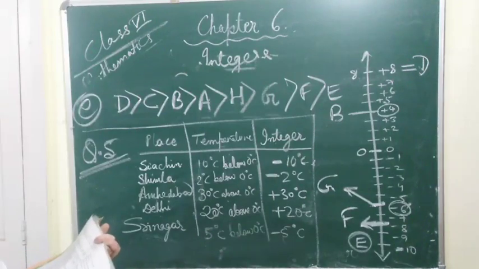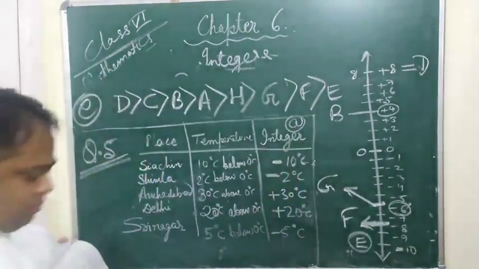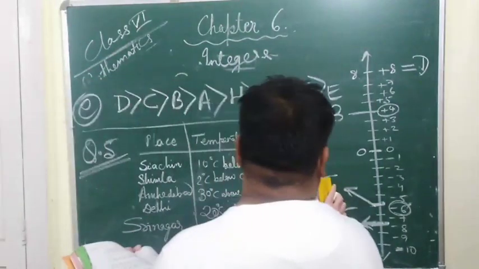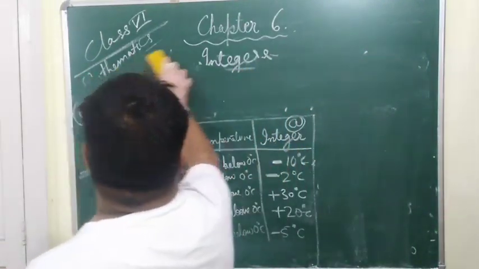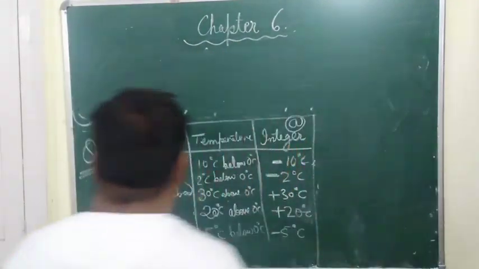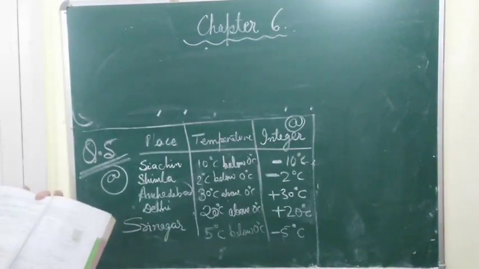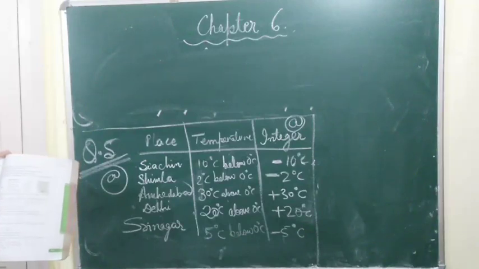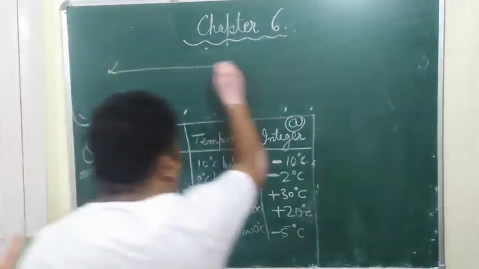Now write the temperatures of this place in the form of the integers in the blank column. So this first part is done. This was part A. Now let us see part B. 5A is done. Now 5B we will do. Following is the number line representing the temperatures in degrees Celsius. Plot the name of the city against each temperature. Now the same numbers are written in the form of a number line.